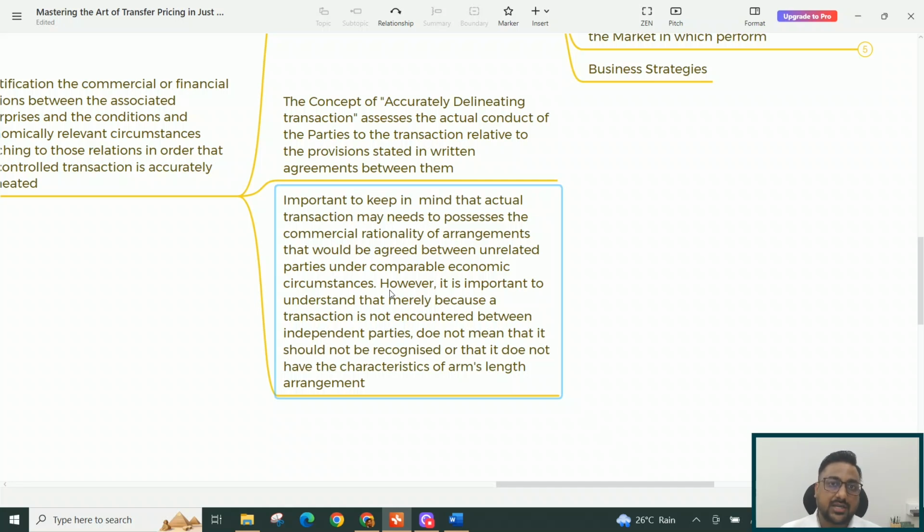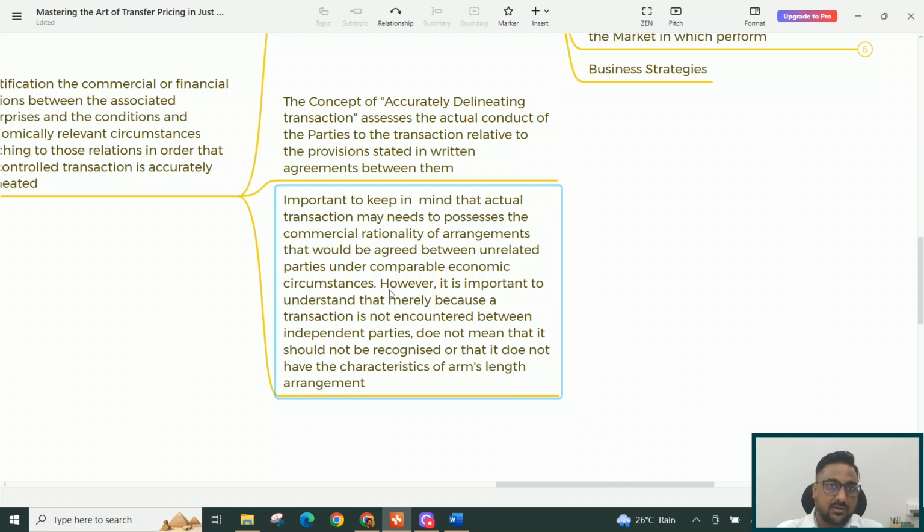So sometimes what may happen, this usually happens with the tax authorities, is that they will try to surpass the factual aspects, and they will try to characterize the transaction as it would have been characterized in an independent scenario. So they don't appreciate the factual aspects. So that is where it needs to be kept in mind that the actual transaction may need to possess commercial rationality. So there could have been some reasons through which such an arrangement would have been made between two related parties,